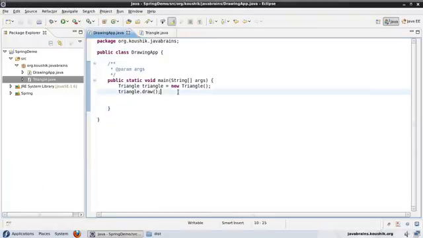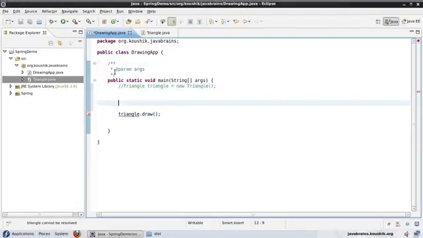But here we're not using Spring, so let's use Spring now. In order to use Spring, I will comment this out. See, now we will not be using a new command here. We're not going to instantiate the triangle object ourselves. We'll ask the bean factory to do it. So let me instantiate the bean factory first. I'll say bean factory